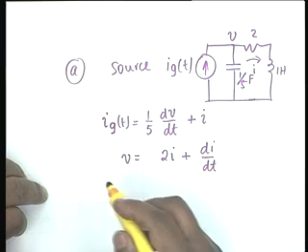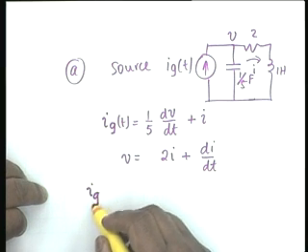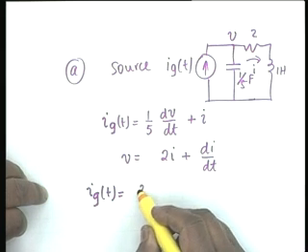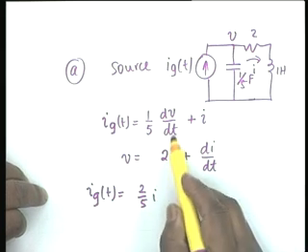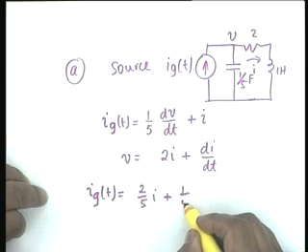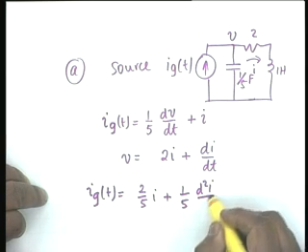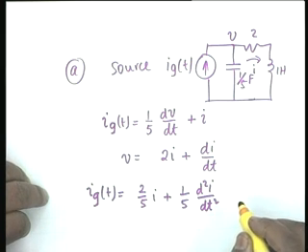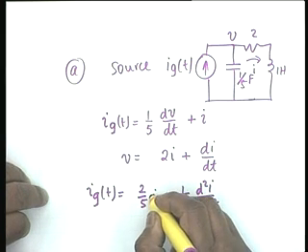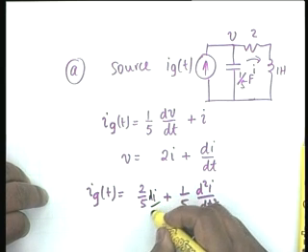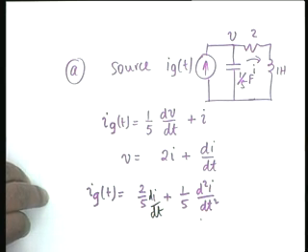And therefore my differential equation becomes i_g(t) equals 1/5 of dV/dt, so 2/5 of i, substituting for V, plus 1/5 of d2i/dt2, or this would be di/dt, plus